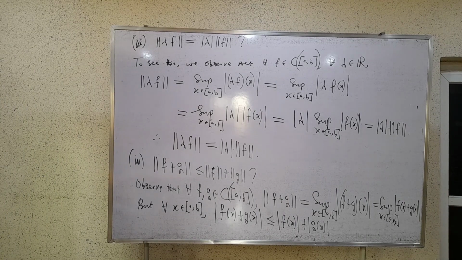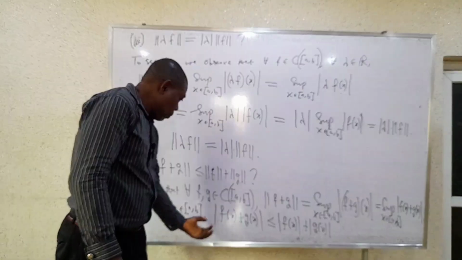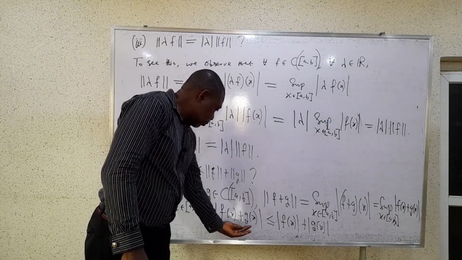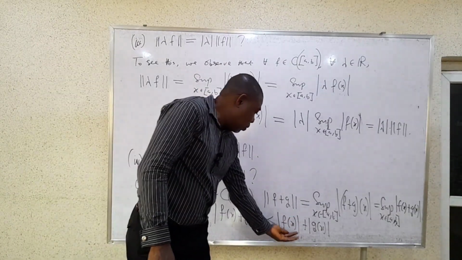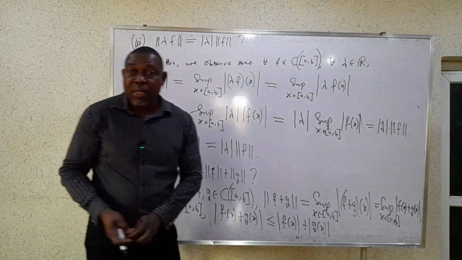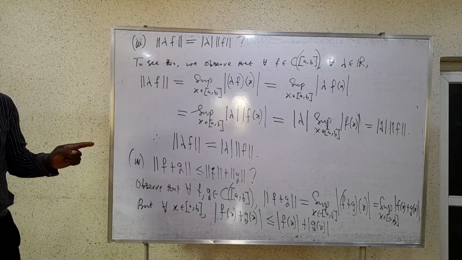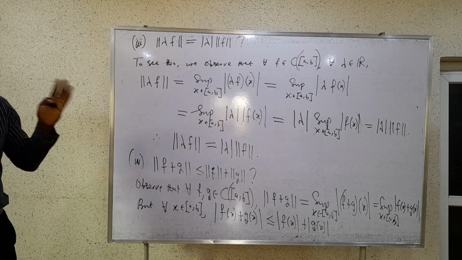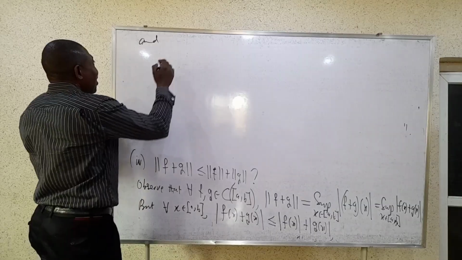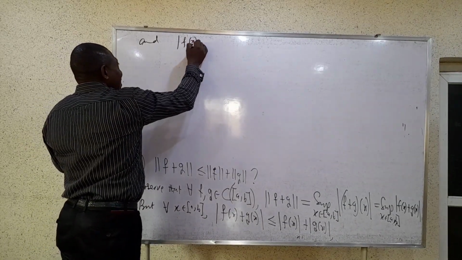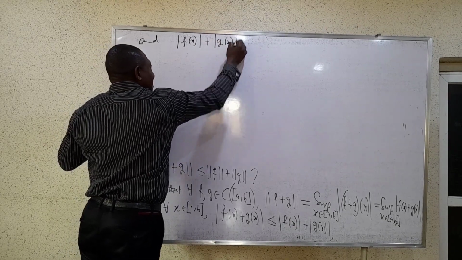You're following me? For any x we pick in [a,b], this particular absolute value is less than or equal to this plus this. Do we agree? Are you with me? That's the triangle inequality we know. Yes. Good. And then the absolute value of f(x) plus the absolute value of g(x) is less than